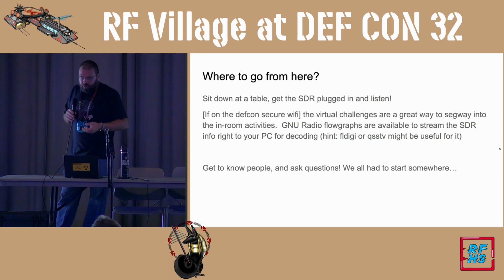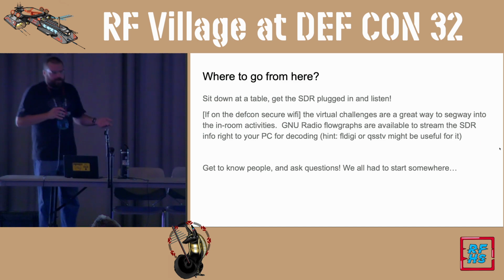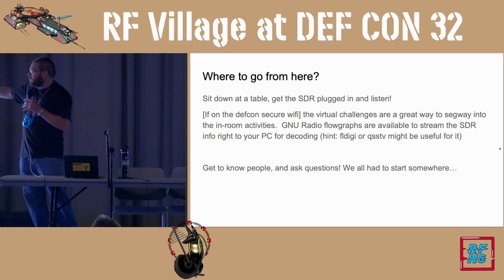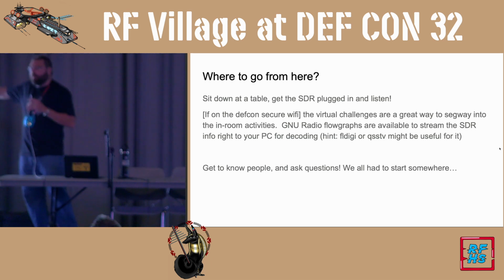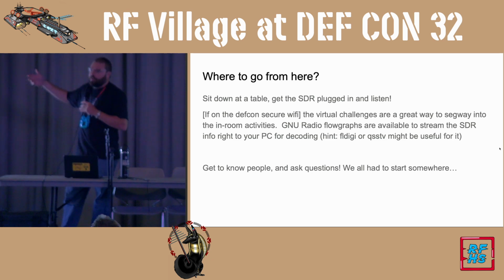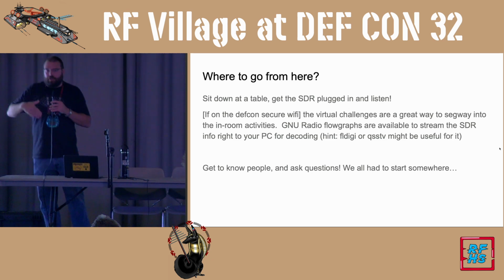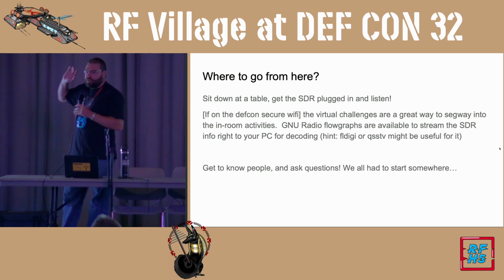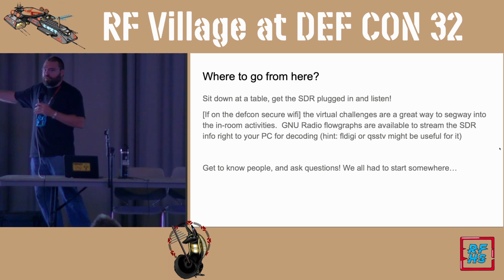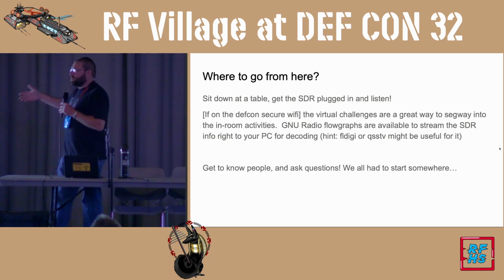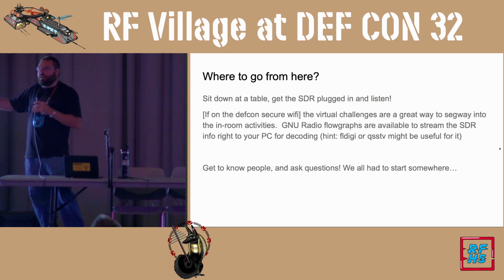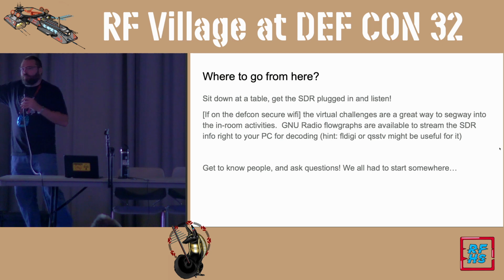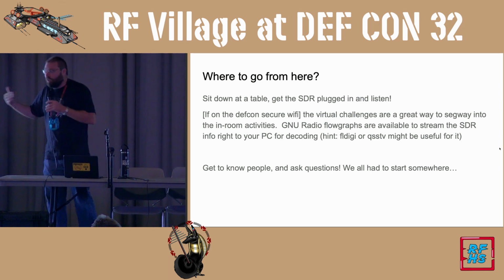You can get the GNU Radio flow graphs from the RFHS wiki. For starting with the virtual stuff, you might want to use those two programs to start decoding some of that. When I first started at DEF CON 24, none of this existed. There was no tutorial on how to do it, no wiki. Those guys actually liked the pain of you spending the whole day to get one flag. So I'm just trying to help with a tutorial here, spoon feed it to get you interested so you don't burn out right from day one. But you really might want to take a look at those two different programs to start decoding some of that, because it could help you down the road.